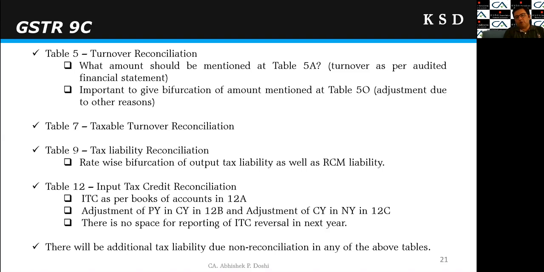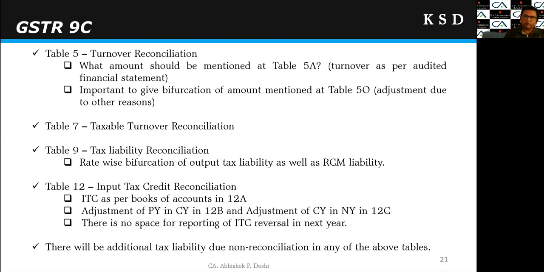Now in table 5, one of the important things is what should be reported in 5A. 5A is for turnover as per the audited financial statement, right? In any normal financial statement, we will have the revenue from operations on which GST has been discharged, and then we will have the other incomes. Under the other incomes, some of the incomes may be such that GST is applicable and discharged. Some of the income may be such that GST is not applicable. So in 5A, should we report revenue from operations or all the revenue attracting the